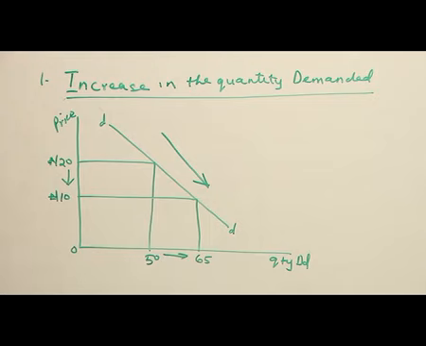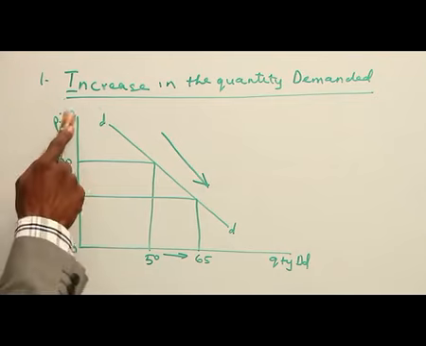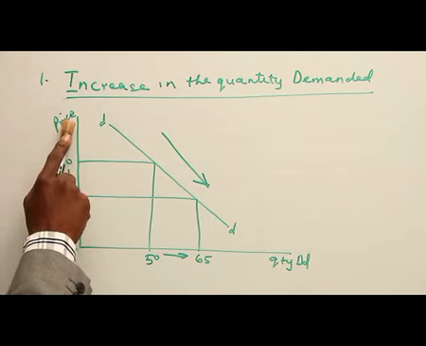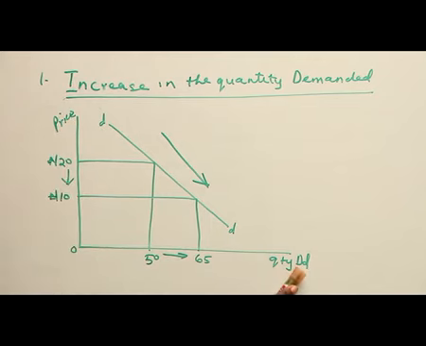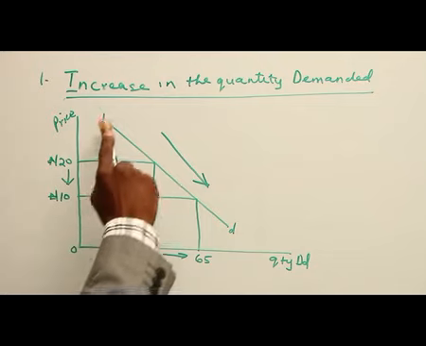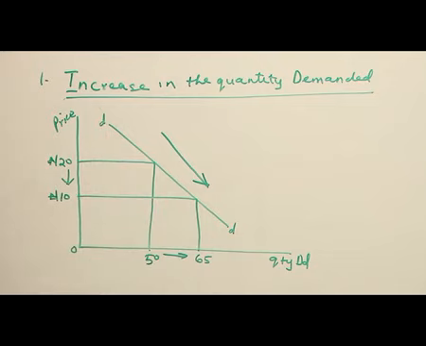Increase in the quantity demanded. Having explained that change in quantity demanded implies a situation where the price of the commodity is the one influencing quantity demanded, while other factors are constant. Increase in quantity demanded: from the diagram before us, we will see that these are price axes, these are quantity axes,